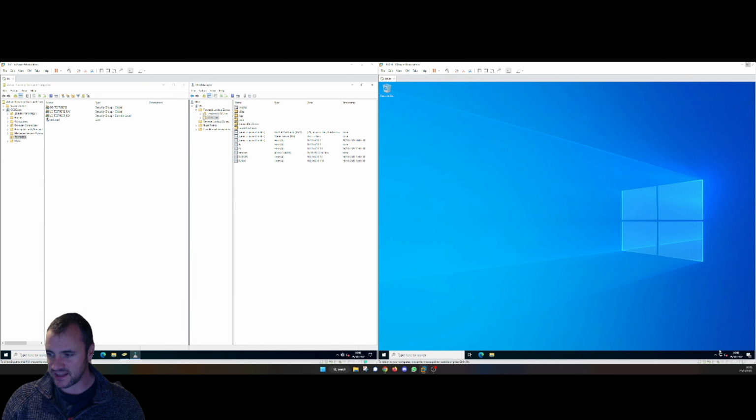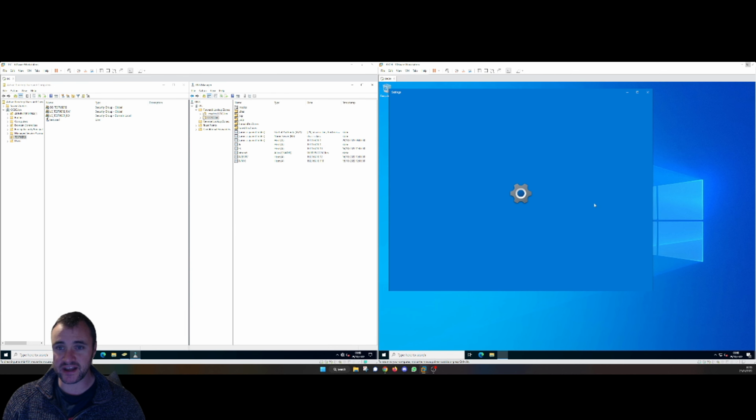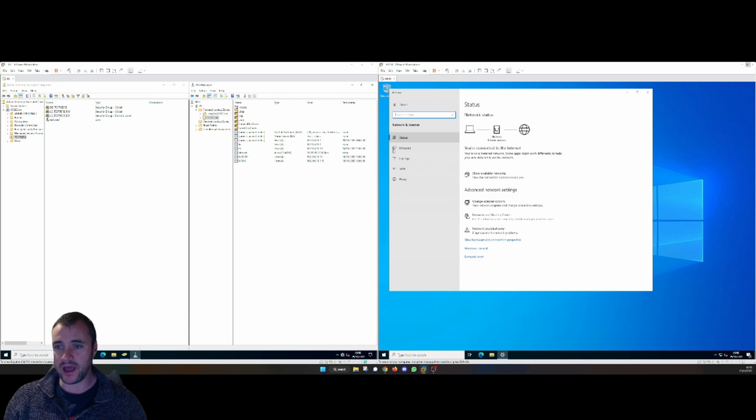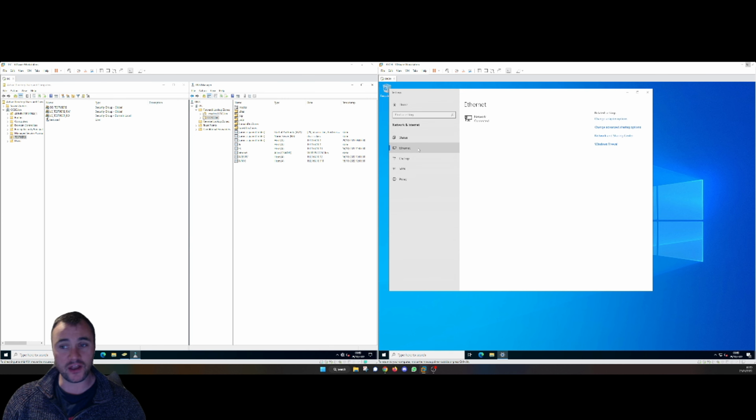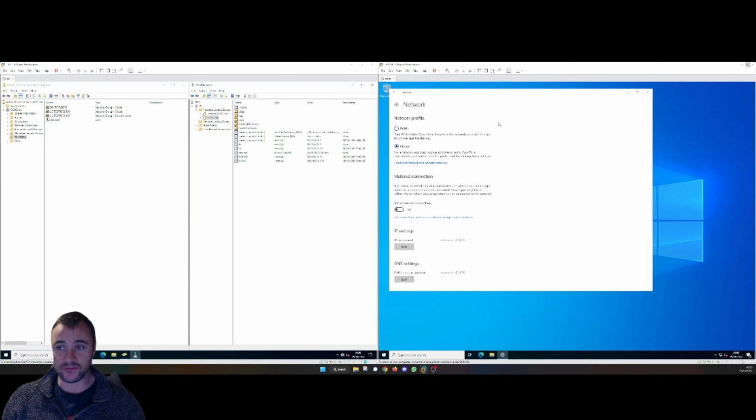I'm going to quickly set the IP address, set the host name, and join it to the domain. And then I'm going to start installing Exchange server on it. I've already got the ISO for Exchange Server 2019 downloaded off the